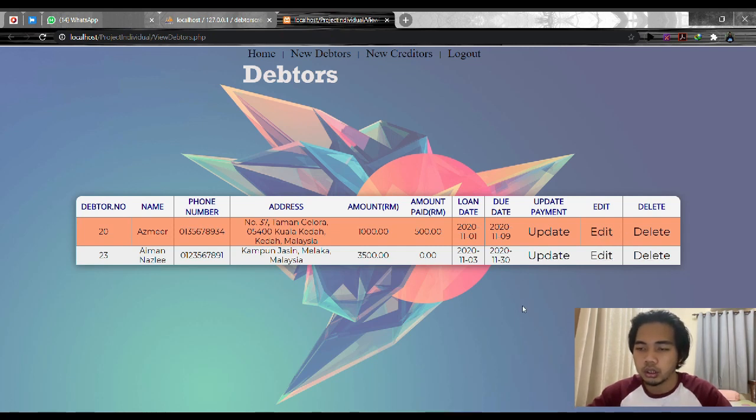The next one, the last one of the debtors and creditors functions, is the update payment. When we want to update payment, let's say the monthly has been paid to the system.